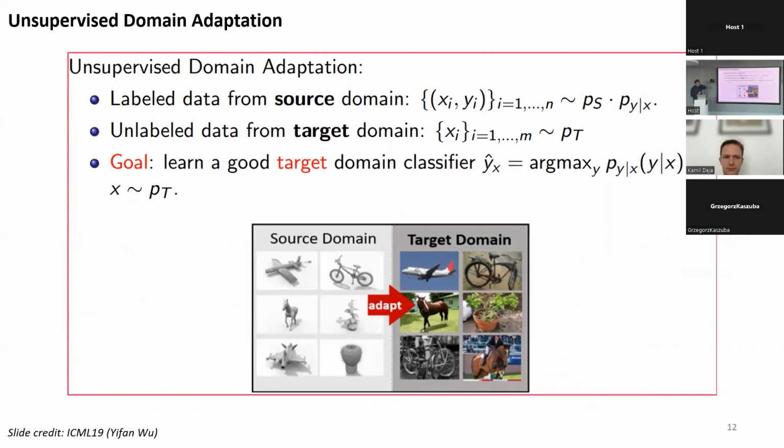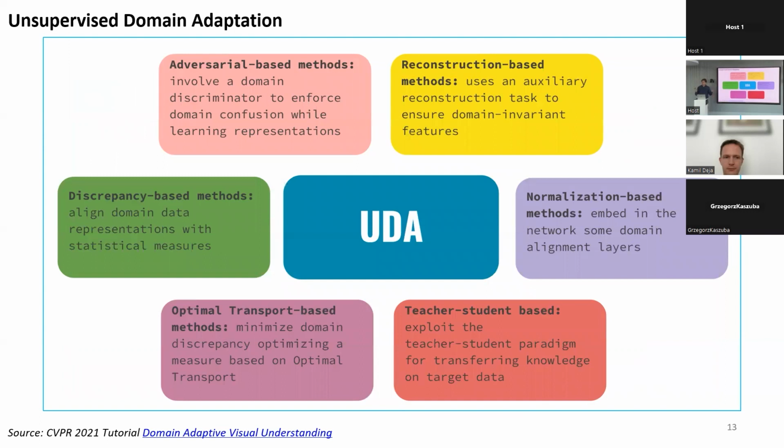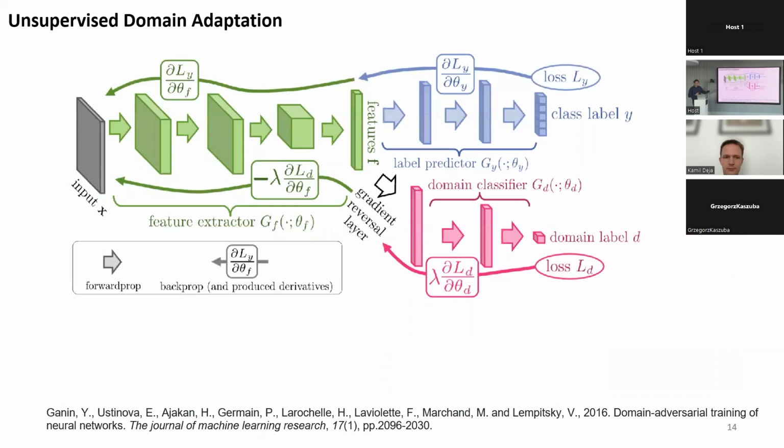So we start with unsupervised domain adaptation, which is also a related field. Here they have two different domains. For example, you're training your algorithm on synthetic data and you want to apply it to real pictures. The main difference in this setting is that in the second domain, the real pictures here, the target domain, you don't have any labels. In most continual learning methods, we have all the labels at every time, but here you don't have the labels in the second task. There is a whole scala of existing methods there. I just wanted to mention one, maybe one of the most popular, which is adversarial domain adaptation.